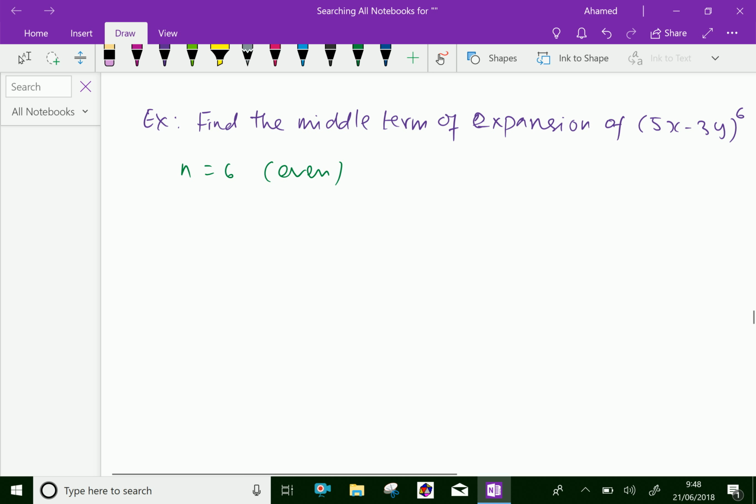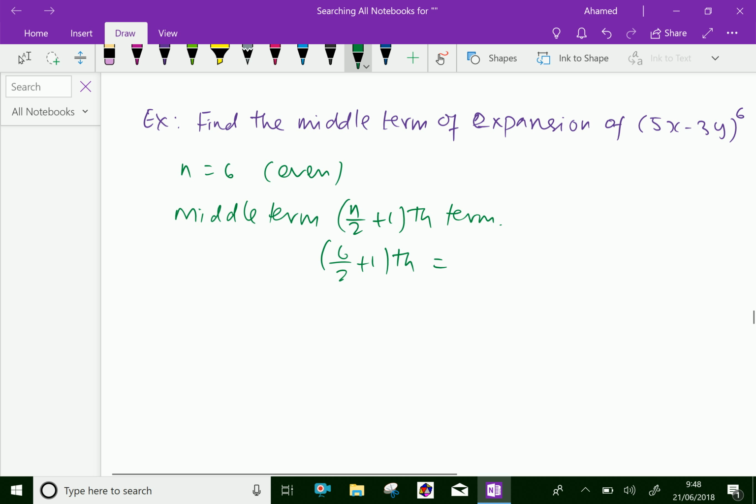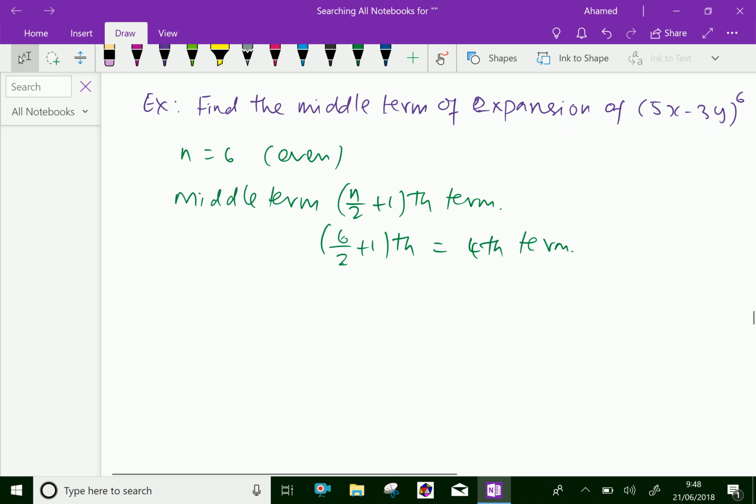Therefore there is only one middle term, that is the n by 2 plus 1 th term, which is 6 by 2 plus 1 th term. 6 by 2 is 3, that is the 4th term. Now we will calculate the 4th term, that is T4 equals T3 plus 1 equals